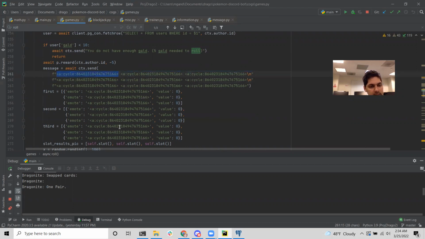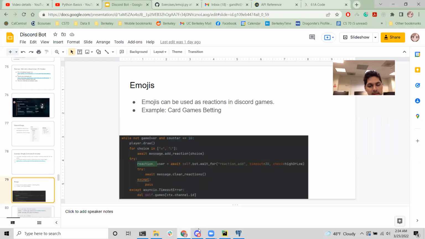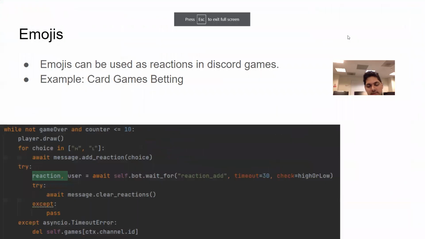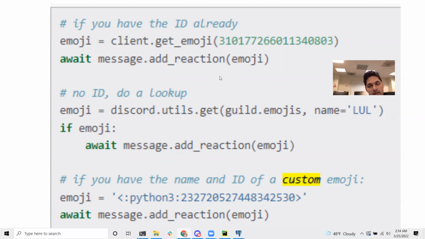So all of these here are custom emoji. That's what it looks like in the Python script or program. Right here, this is a custom emoji, or there are other ways to get an emoji. All emojis have IDs.